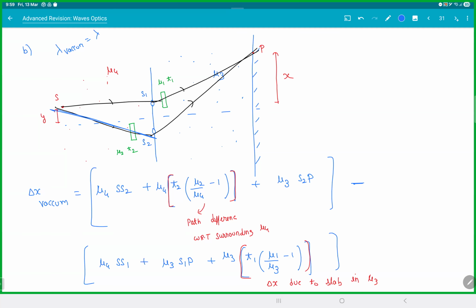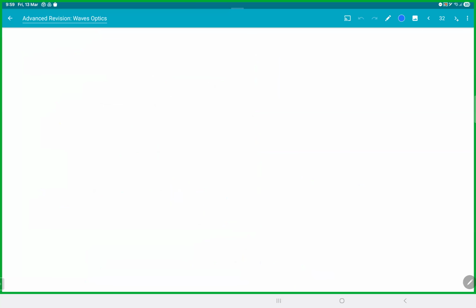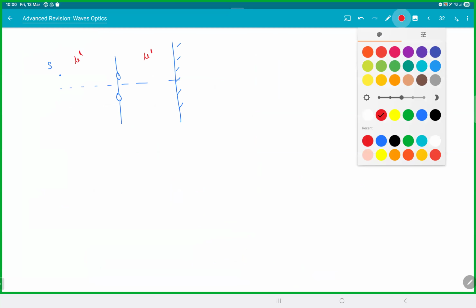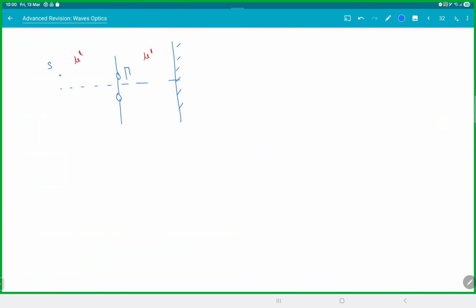Are you getting what we did? Maybe to give you an example, I'll do one thing. Same question, if I had given it like this, maybe you'll see the difference then. Let's say this is mu dash, and this is also mu dash. Both the sides, the medium is same, right? And if you're going to put a slab here, and a slab here,